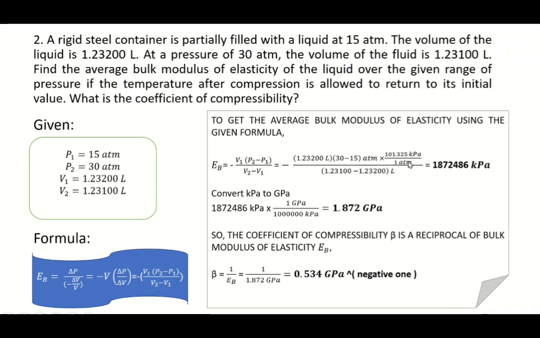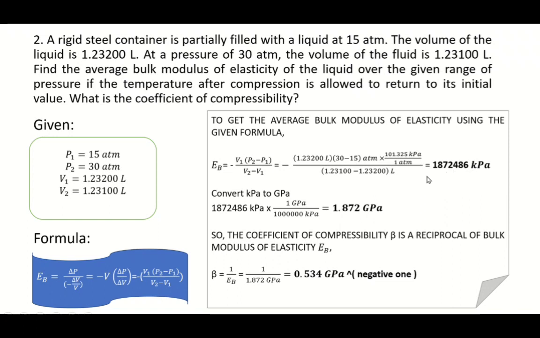So in 1 atmosphere, there is 101.325 kilopascal, over our V2, which is 1.23100 liter, minus V1, which is 1.23200 liters. If we put this equation into our scientific calculator, we can have the answer of